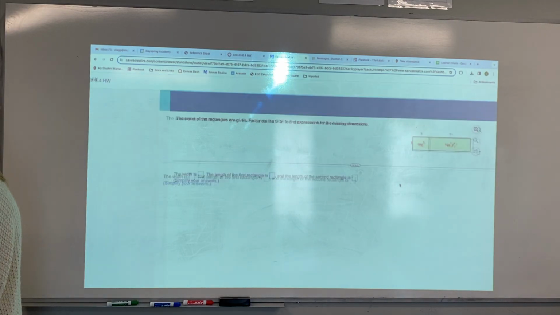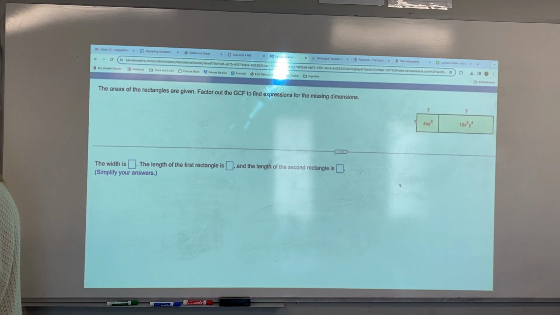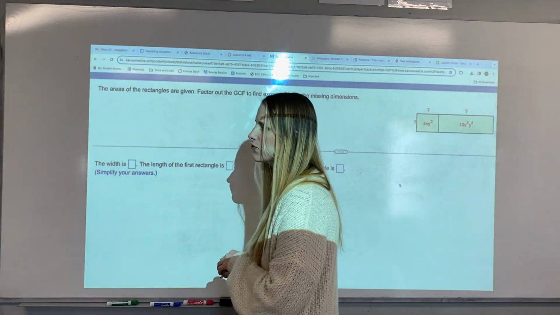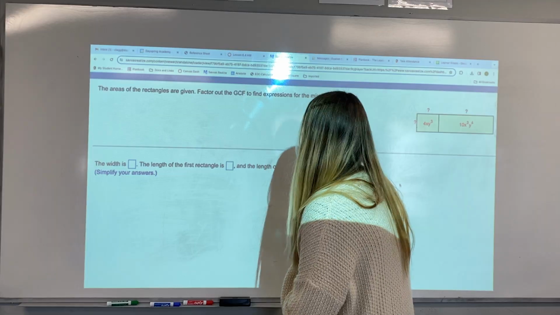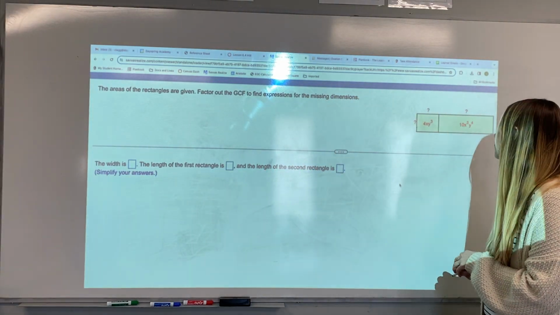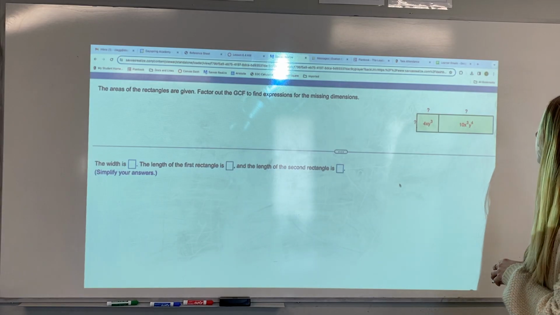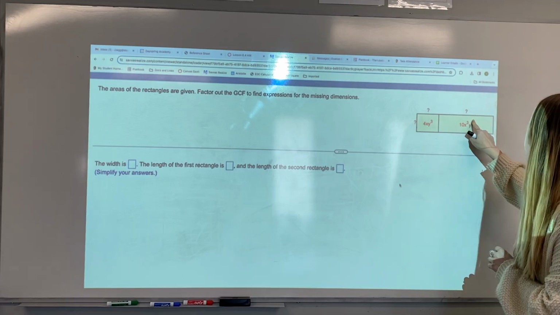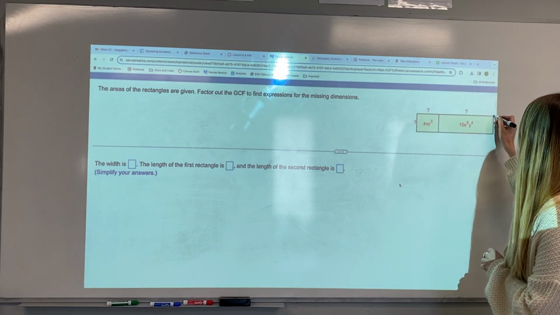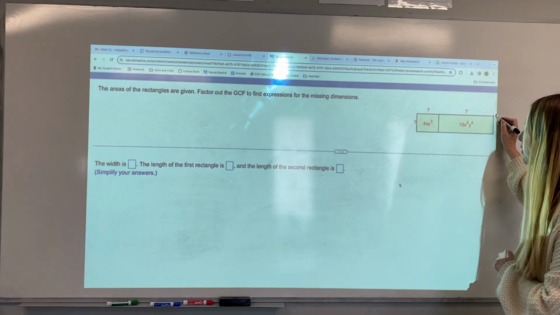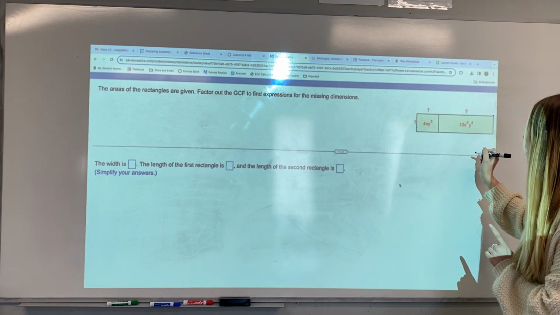Okay, I hate how it's so wide. The areas of the rectangle are given. Factor out the GCF to find the missing expressions. This looks really weird, but I'm going to show you how easy this is, okay? Do you agree that this area and this area make the total area of the rectangle? Do you agree that the total area of the rectangle